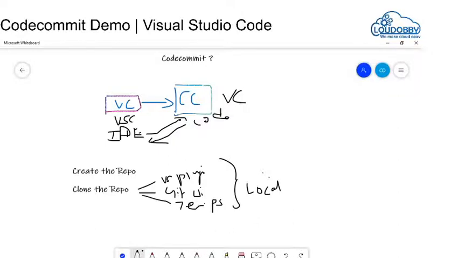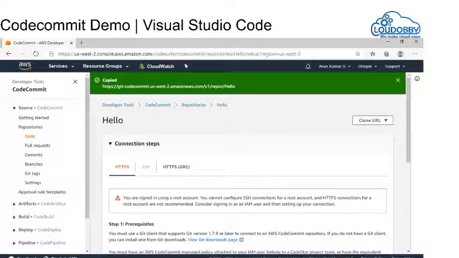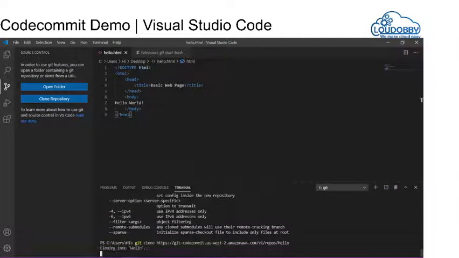Now I am going to clone using my terminal over here. I have copied it, so I am going to paste it. Now when I enter, it is going to clone hello. If you want to set the path, you can set the path. Otherwise it is going to clone it in the user's home.